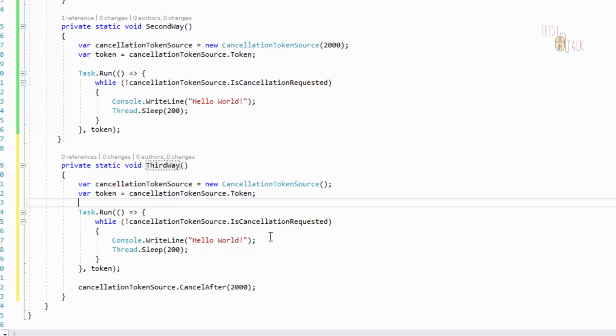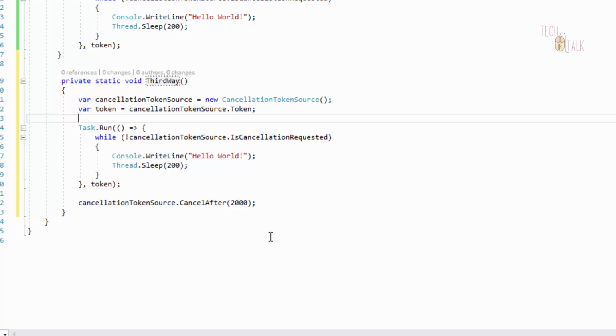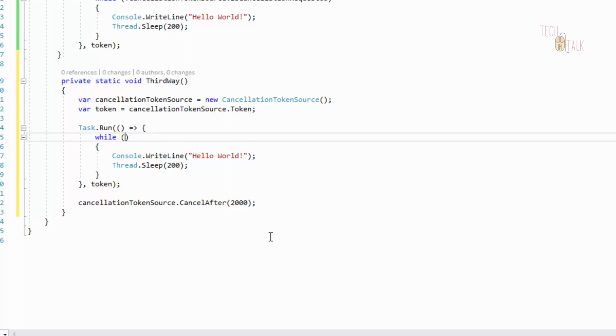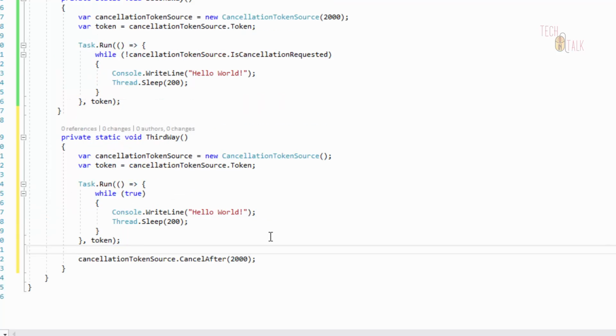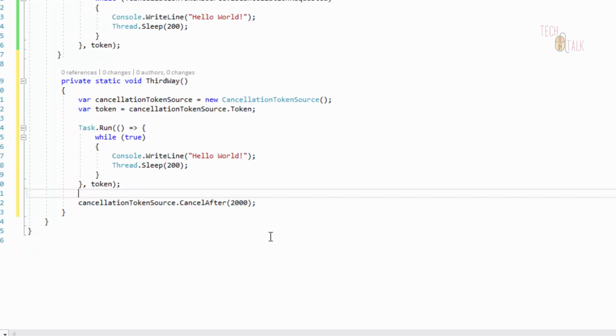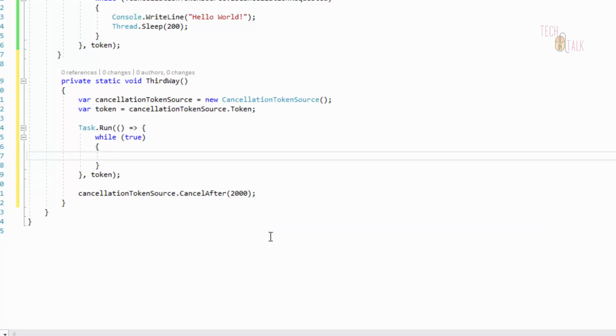So in the third way, let's say it's a long running task, and inside this logic inside that while loop we will control the cancellation of this long running task. So what will we do here is